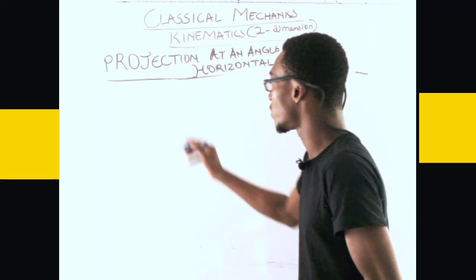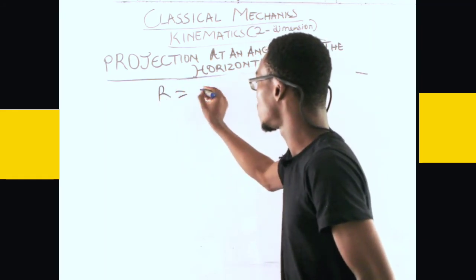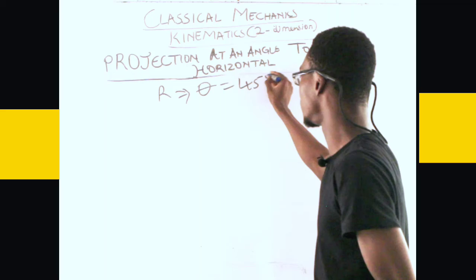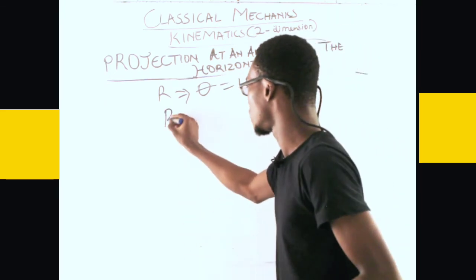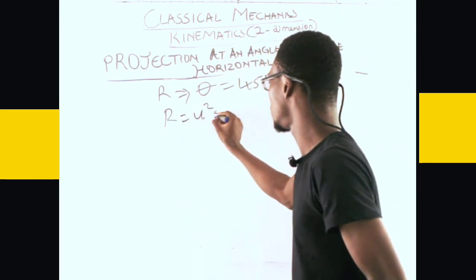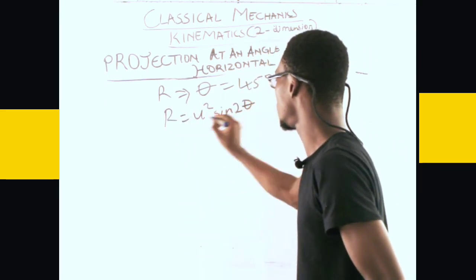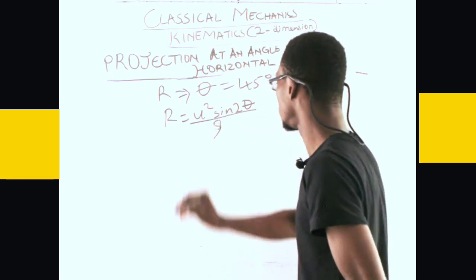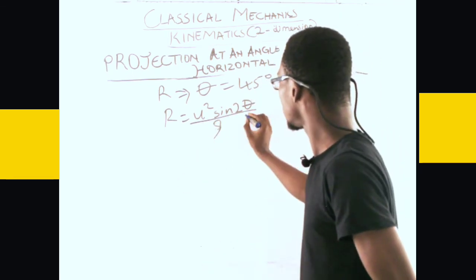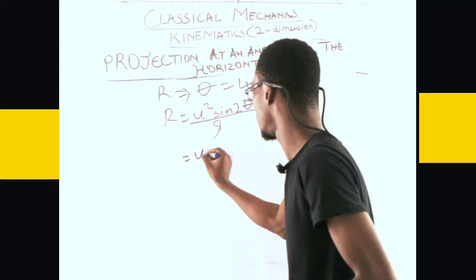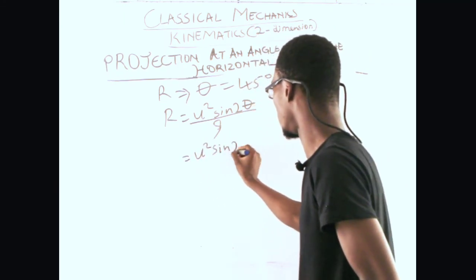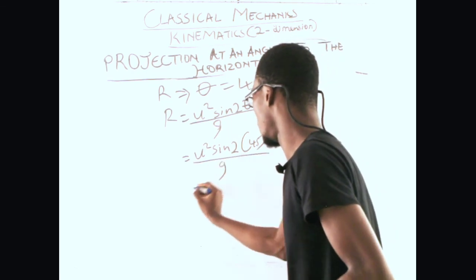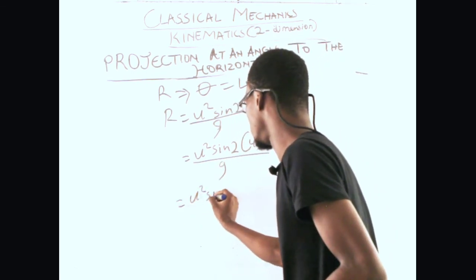So to have the maximum range, theta has to be 45 degrees. Why is that? Because of u squared sine 2 theta over g. When theta is 45, you see why now. At the end of the day, we will arrive at u squared sine